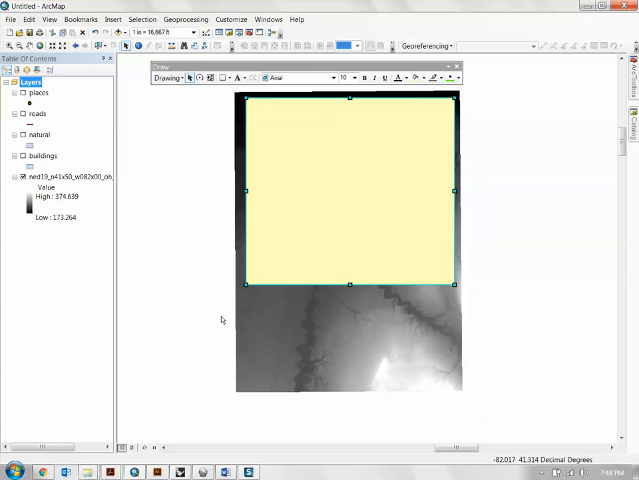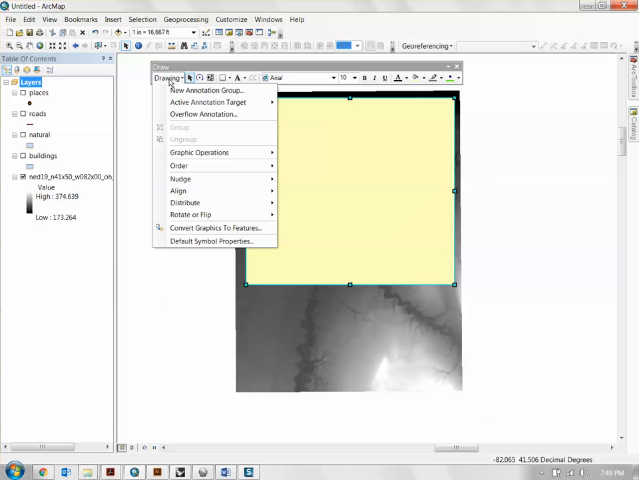So click on the box that you've made. Click on the Drawing drop-down menu in the Drawing toolbar, and click on this button called Convert Graphics to Features. Basically what this is going to do is turn this box, which currently exists purely as a sketch, into a feature. It doesn't mean anything. It doesn't have any data associated with it. But by converting the graphic to a feature, you're turning this shape into a shapefile, which is the base file format for all of ArcMap's vector